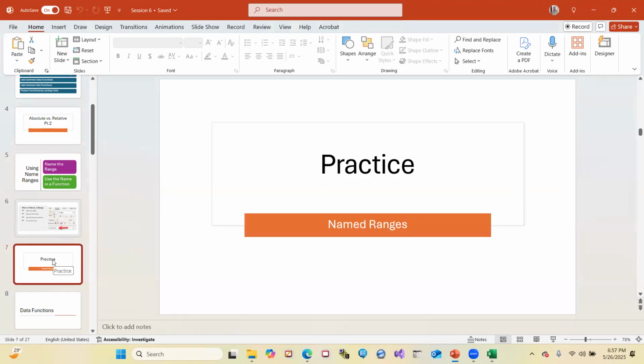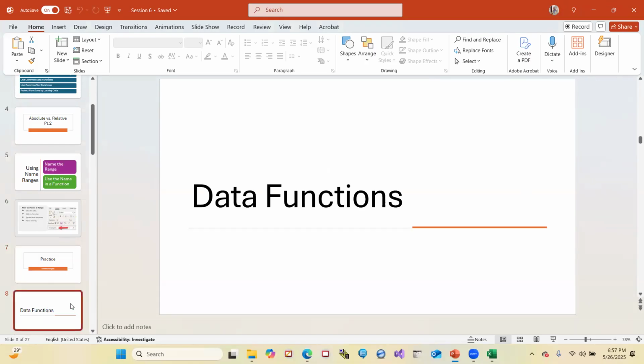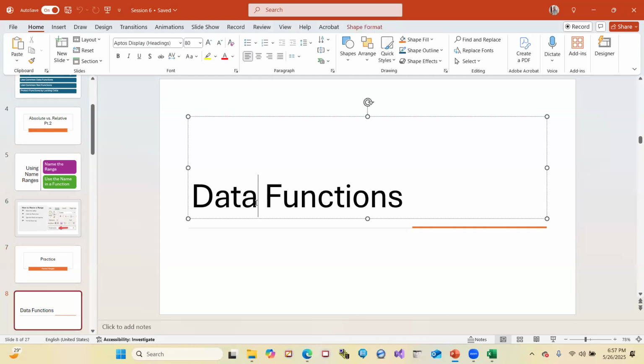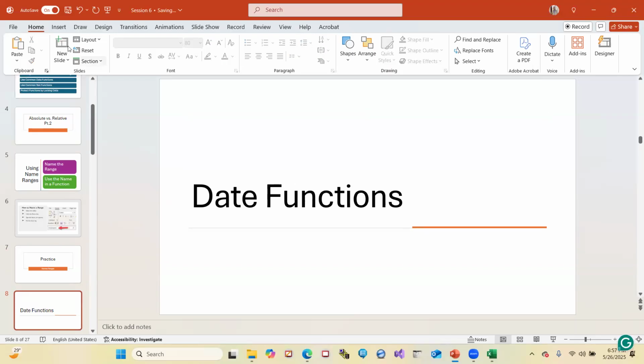Okay, so we are done with name ranges, right? And now we are, oh, sorry, this should have been the date function. Okay, so in Excel, there are a lot of date and text functions that analysts make use of,